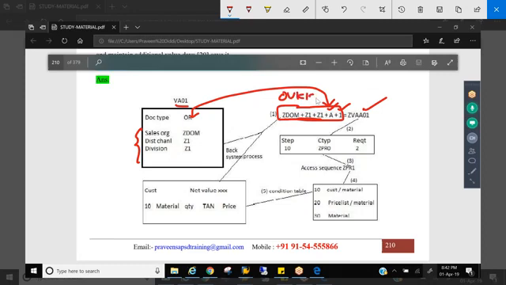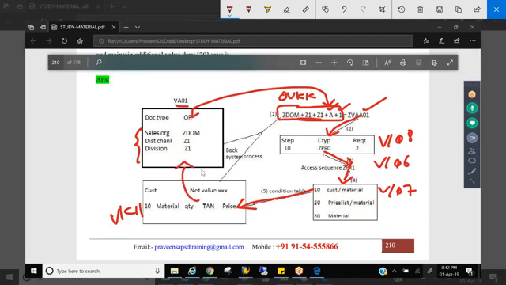This is OVKK. The system comes in reverse. First, the system will find the procedure. Then in the procedure, the system will check what condition type we assigned, what I just showed you in the system. So the system will come here and check V/08. In V/08, this is a condition type maintained. For this condition type, what access sequence is assigned? The system will check V/06 for the condition type. Then next, the system will go to access sequence V/07, what tables you placed in it. Then V/03, that is the table, and for that table, what price you maintained using VK11 condition record. This price the system will get into the sales order.